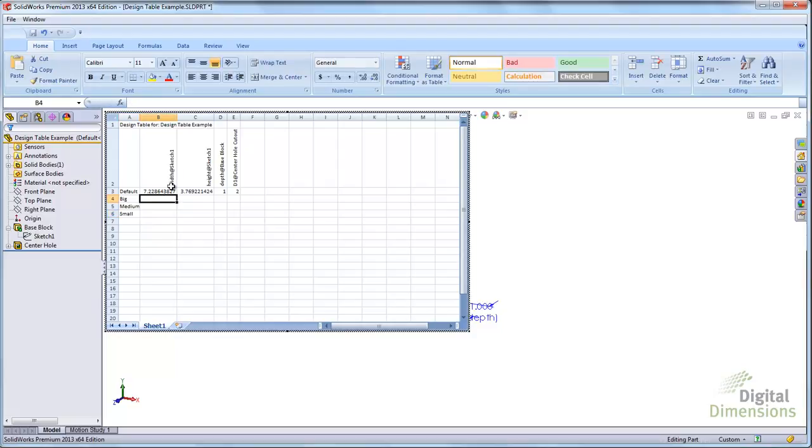And you can see there's width, height, and depth. So I'll make a big config, and also make a medium one here, and a small one. Now, one of the things that's a little tricky with using a design table is you